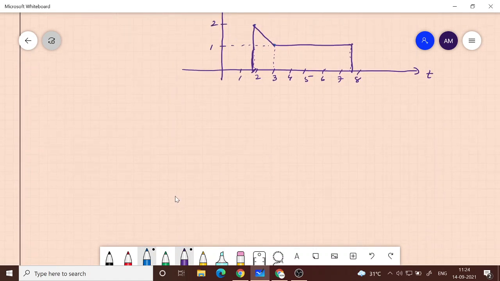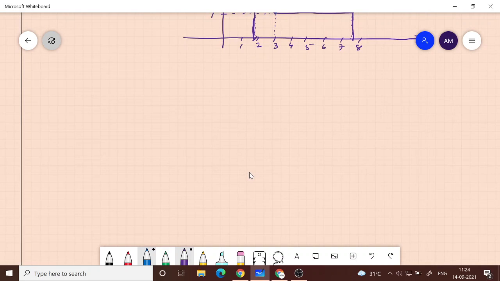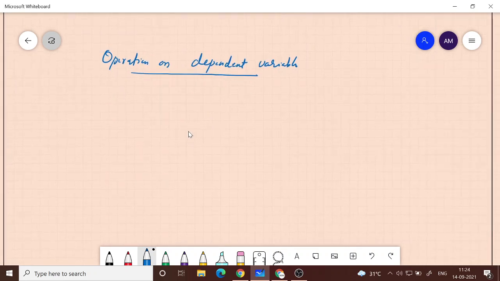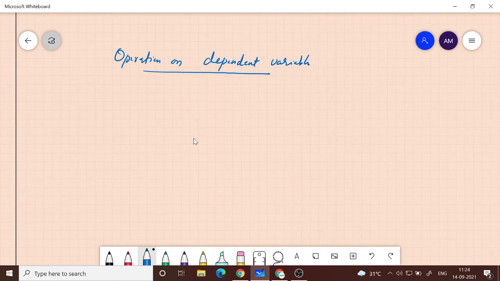So now quickly let me go into the other kind of operations that we can perform on a signal. So far we have been performing operations on the independent axis. So next is operations on the dependent variable. Okay, so a signal is basically a function of time in this course. So a 1D signal has one independent variable, and we have seen 3 different kinds of transformation we can do on the independent variable.